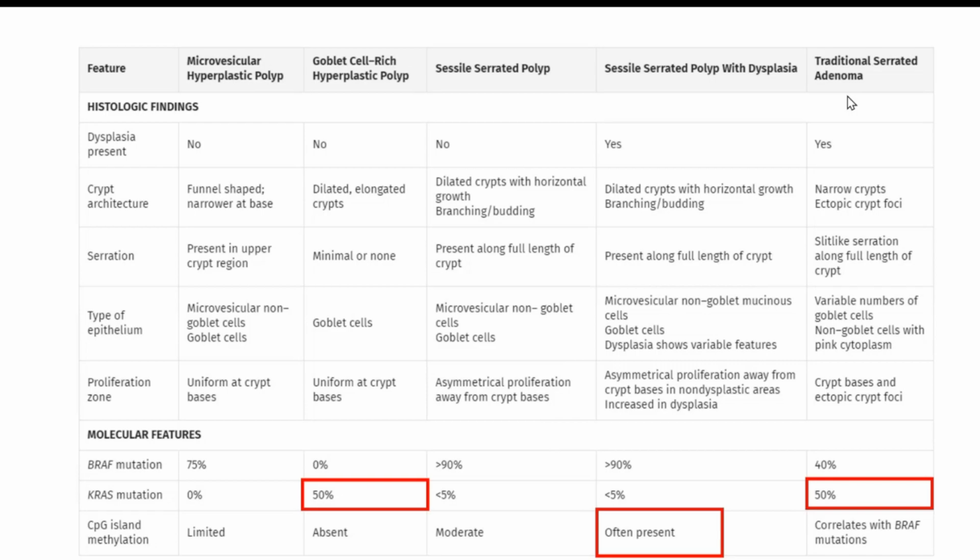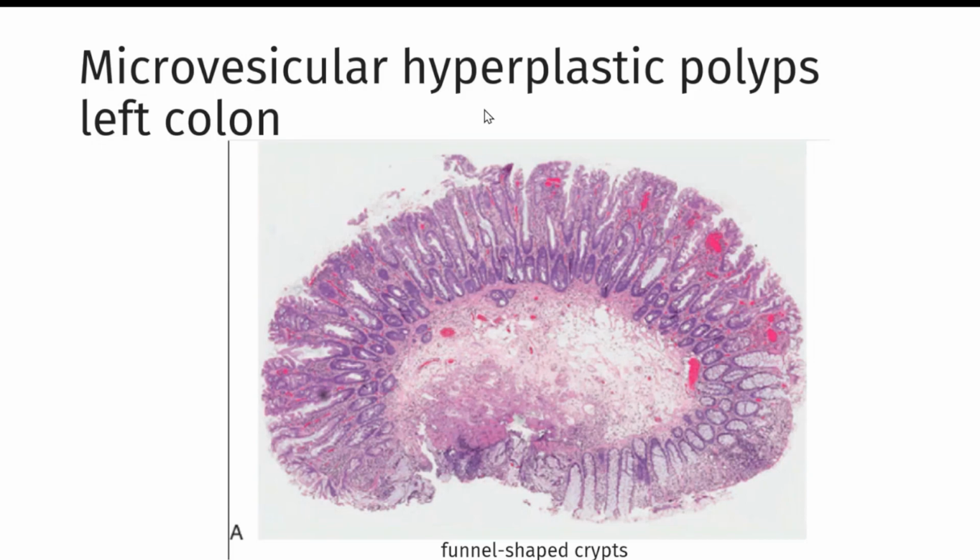And then the last one is a TSA, traditional serrated adenoma. For these two mutations the percentages are quite similar, but it's more likely to see KRAS. So the first one is the microvesicular